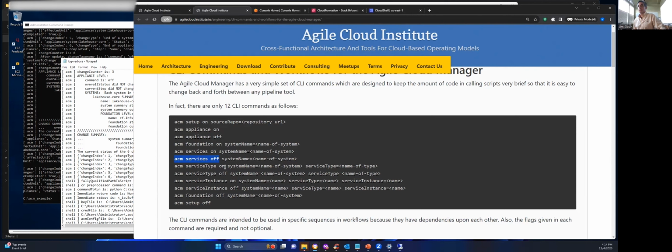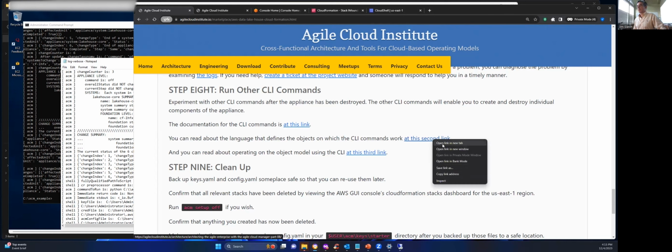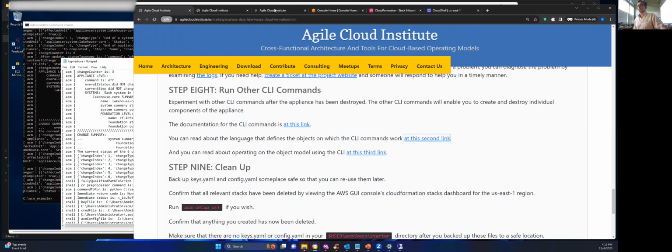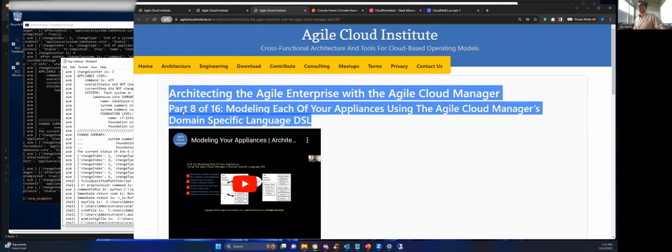After you have read the Command Line Interfaces engineering documentation, you can go back to Section 8 of the written version of this training and click on the link to architectural documentation of the language that defines the objects on which the CLI commands operate. When you open that link in another tab on your web browser, you will see a short video in addition to short documentation. The short video is part 8 of a larger series about how to architect an Agile enterprise